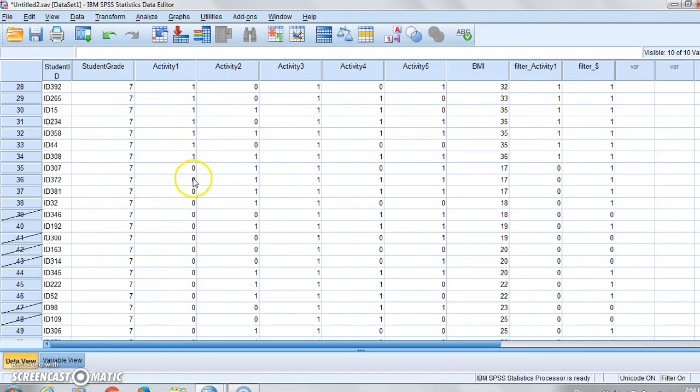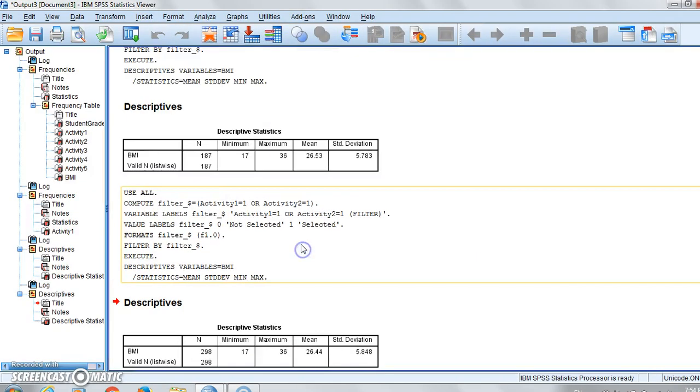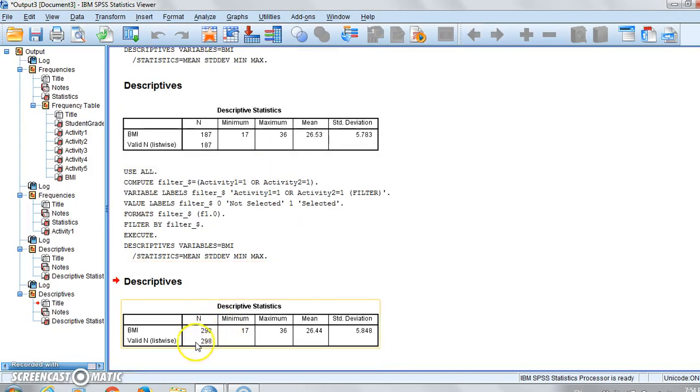Now we can see that we have selected ones that were not selected before. So for example, this student here, like a couple of 4 or 5 students, they did not participate in activity 1, but they did participate in activity 2, so that now they're included in our group. If we run our means descriptive statistic, we're going to see that we have a few more folks in our overall